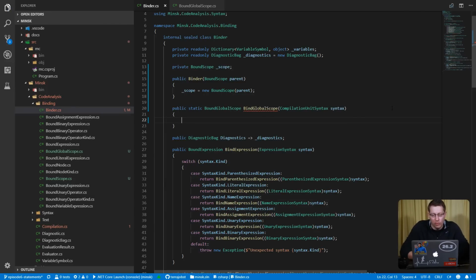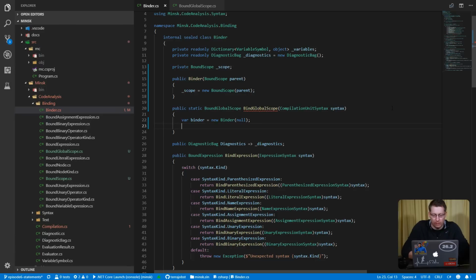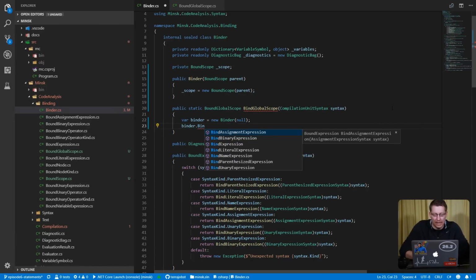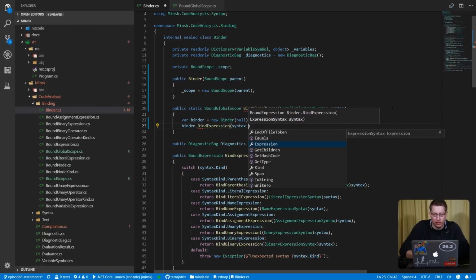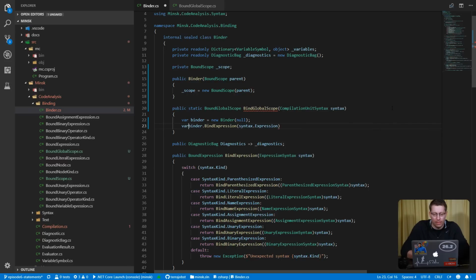And now what we will do is we will say var binder equals new binder. In our case, we don't have a parent scope yet. We handle this later. And then we say binder bind expression for syntax dot expression,